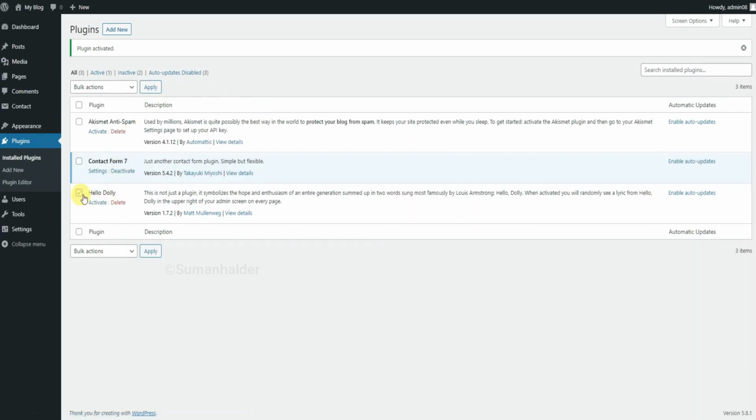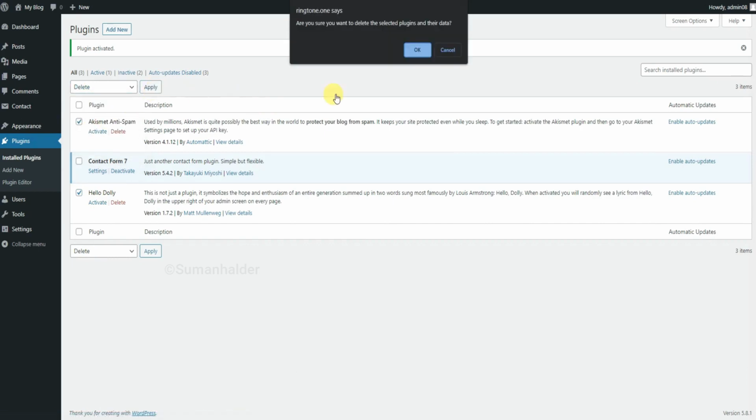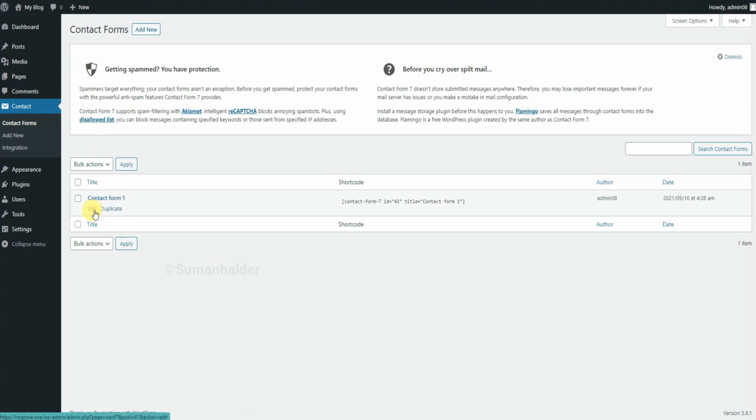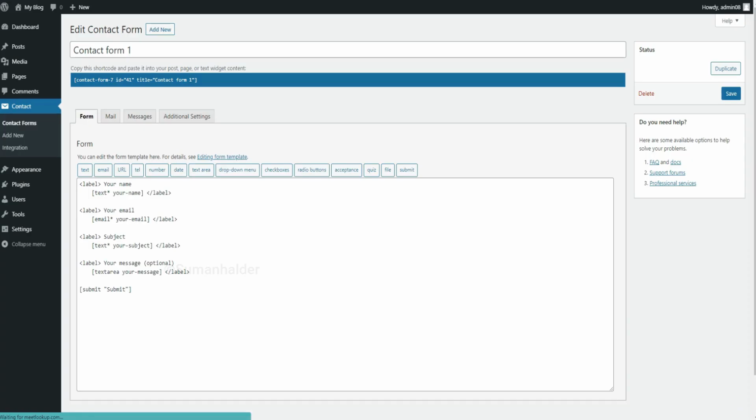Delete those plugin and click the setting option and edit this form. I don't need to change anything here.